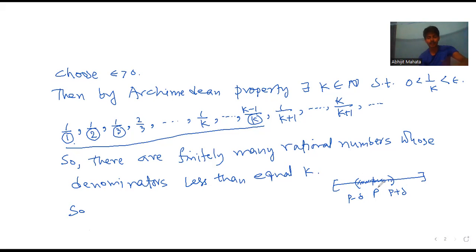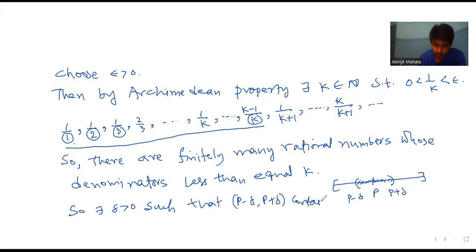This is because there are finitely many rational numbers with denominator at most k, so suppose they are outside of this interval; we can do this. So there exists delta greater than 0 such that (p - delta, p + delta) contains all rational